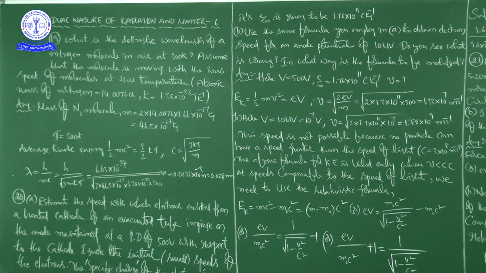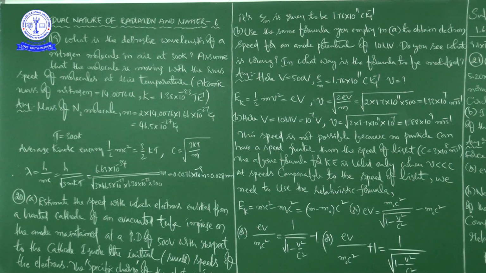See here, that is, assume that the molecule is moving with the RMS speed, the root mean square speed of molecules at this temperature. Assume that the molecule is moving with the RMS speed of molecules at this temperature. Okay, right. See here in the bracket,